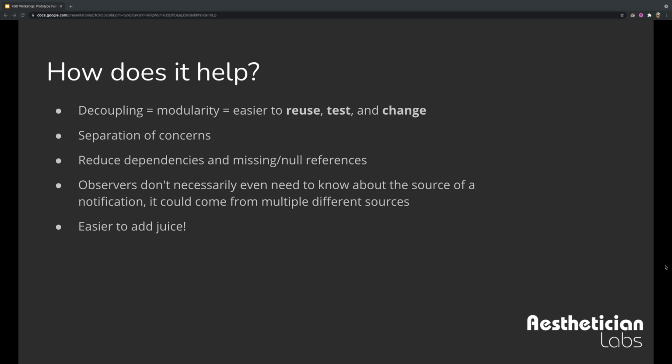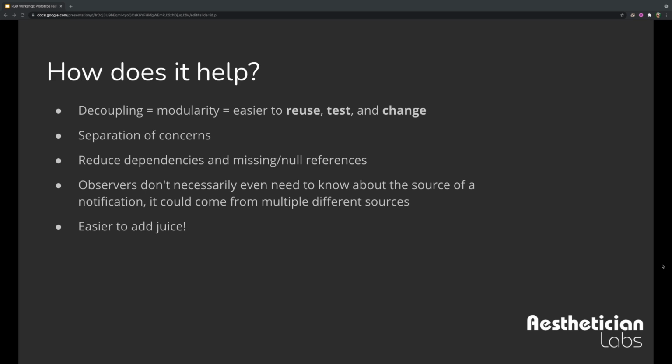Say, the way that we handled updating the UI from watching these values, we can take that whole system and put it into another game, especially if we build it with a little bit of modularity and decoupling in mind. Also, separation of concerns is a huge keyword that you hear if you ever take any programming courses. It really just means that systems that don't have anything to do with each other don't do anything with each other.